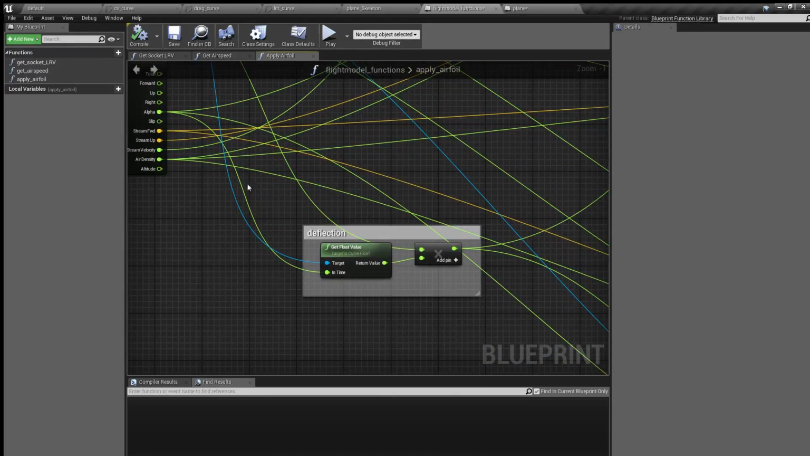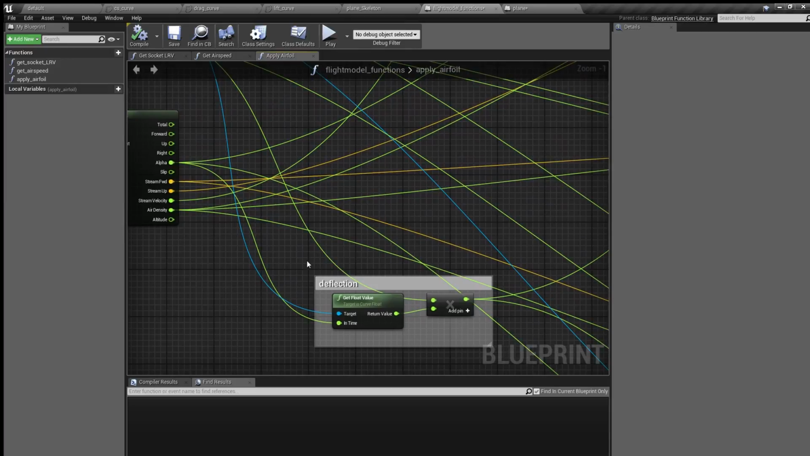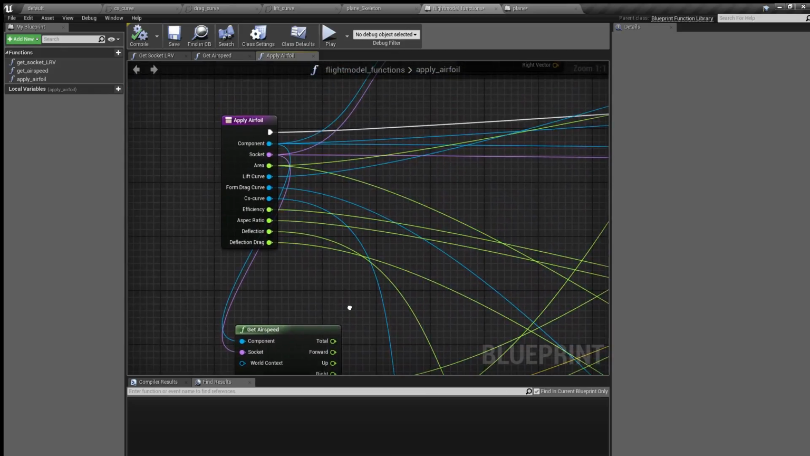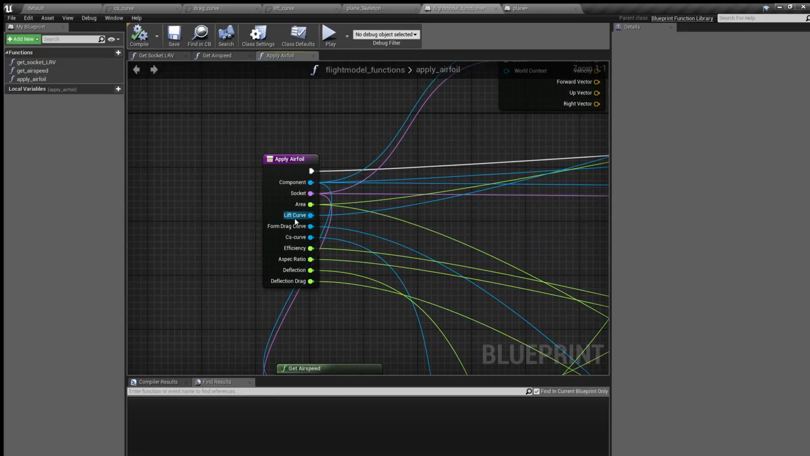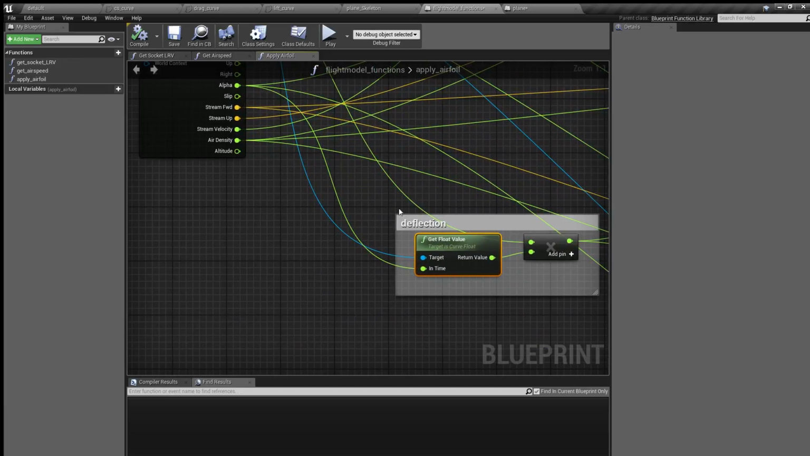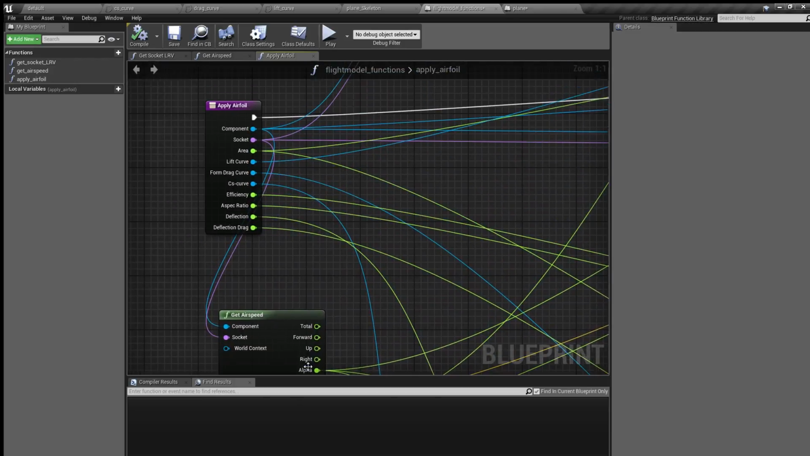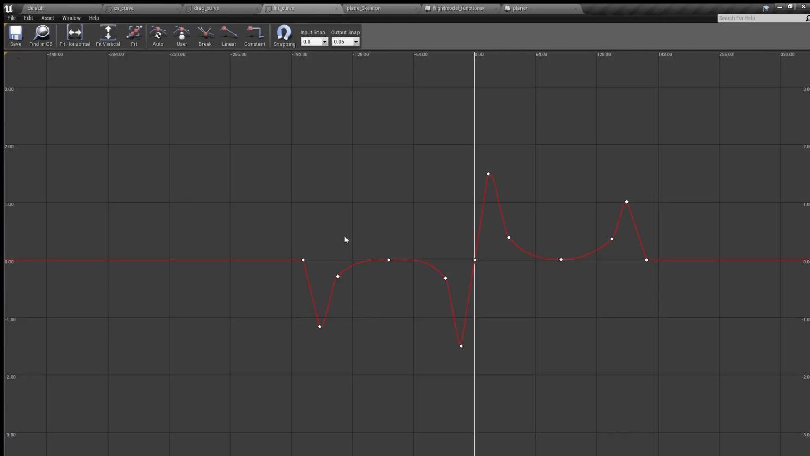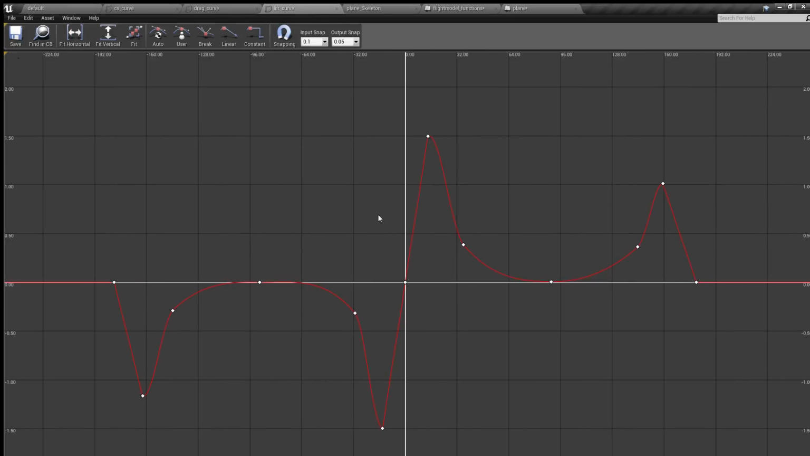This is the simplest part. This is the control surface deflection, and I can actually explain that. I'm using float curves to control how these forces vary based on the angle of attack. So in this model, I have three curves, which is the lift curve. As you can see here,